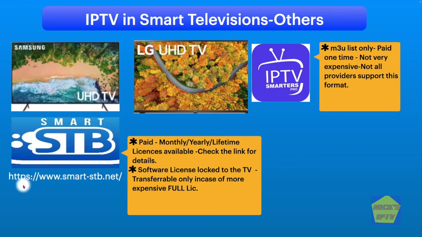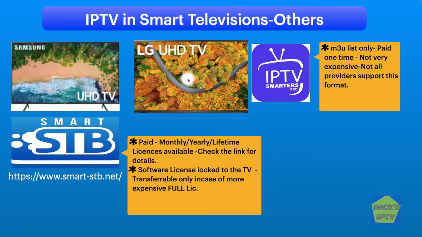Visit their website for all details. One downside of this is your license is locked to the TV you are using. If you go for a light license, you have to buy a full license, which is more expensive, if you want to move your license to another TV at a later date and things like that. But this app is a fairly good one. It has been in use for some time